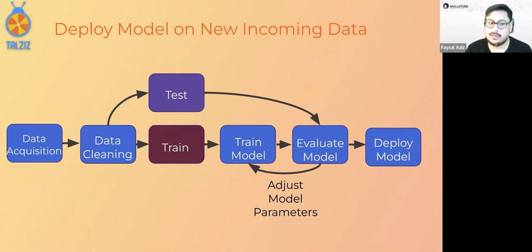Now, this process can go on and on and on. Sometimes you may realize that the model that you chose, maybe the model that you were using is KNN, it's not the best model. So you try with a different model, maybe decision tree, and you still see that you're not really happy. Maybe your data is not clean, so you have to go back again. This is a very frustrating process sometimes. You have to keep on doing this.